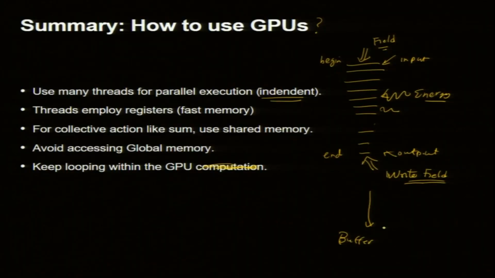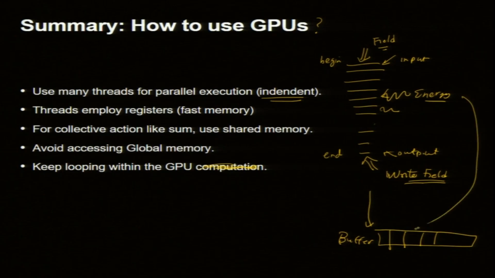Buffer is a temporary storage, and a buffer can be, let us say, size 100 or 1000, and here you store energy at different times. So, you can store 100 times if you have a buffer of size 100, and only when you are writing the field do you write the output from your buffer. So, there are nice ways to do it. When the buffer is full, it automatically writes to the global memory, but this is a very important observation, we should implement it in your codes.